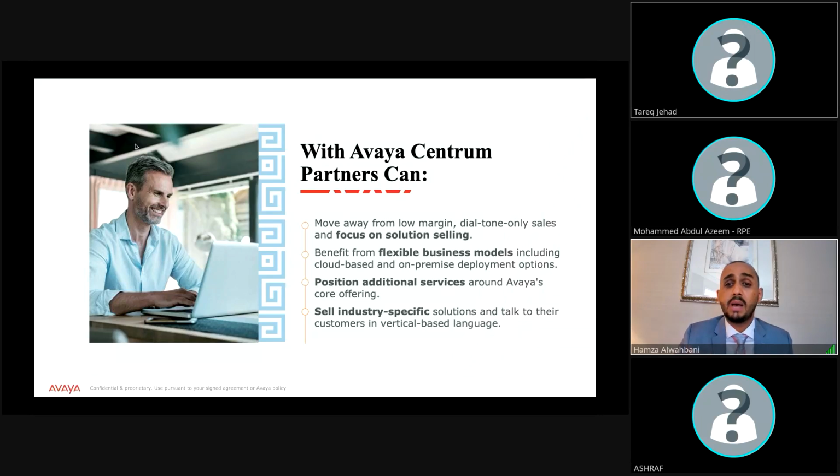So with these applications, Avaya will enable you to sell more, to upsell more, to make more margin, to avoid the competition, to teach the customer, because this will open a new window for you. Today with IP telephony, you cannot open a new discussion with the customer, but with these applications, you can go to the customer and say, hi, Mr. Customer, I can see you are using social media to communicate with your customers.